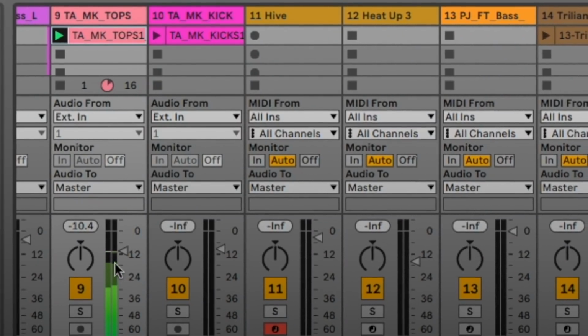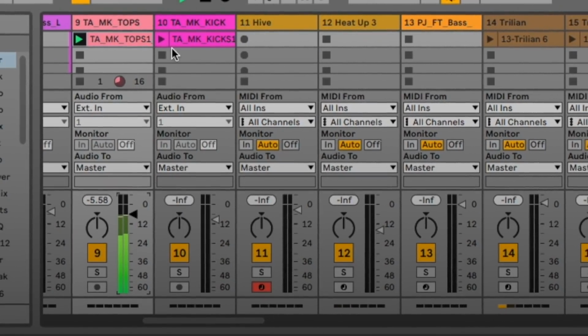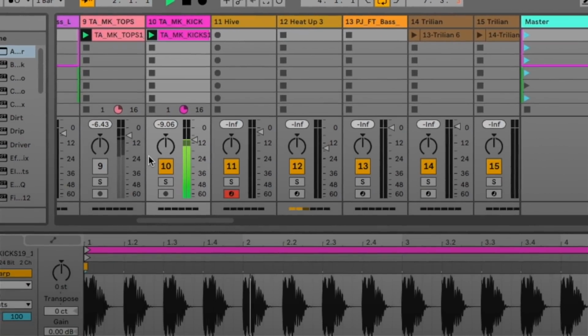Let's move on to a different genre. I'm going to put this beat into the house category. For this beat, I found a couple different drum loops off of Splice. Here's the first one. Here's the second one. And if you combine the both of them,